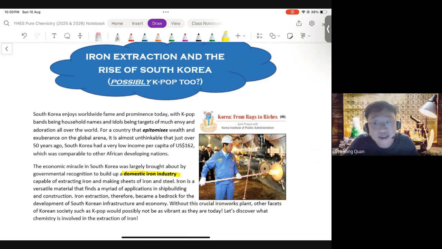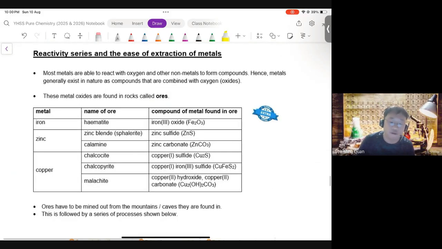So how is iron made? How do we get metals from the rock? So let's find out. Now, obviously, metals don't exist as metals in the soil. If you walk around, you see rocks, you see sand. You don't see glittering, shiny metals, right? If you walk along the street. Why is that so? You don't see shiny metals as they are because the metal has reacted with oxygen, right? So, for instance, iron metal doesn't exist as the metal on its own. Iron would have reacted with oxygen to form iron oxide, which clearly is not going to be shiny, gray, silvery.